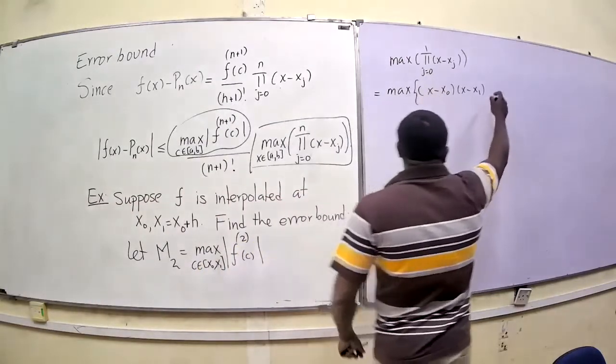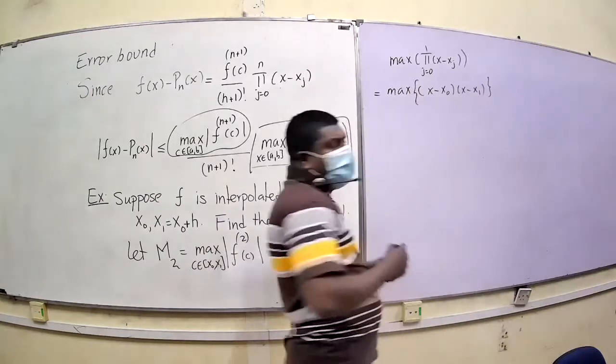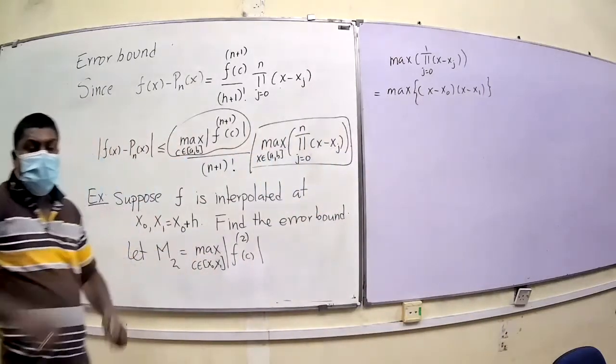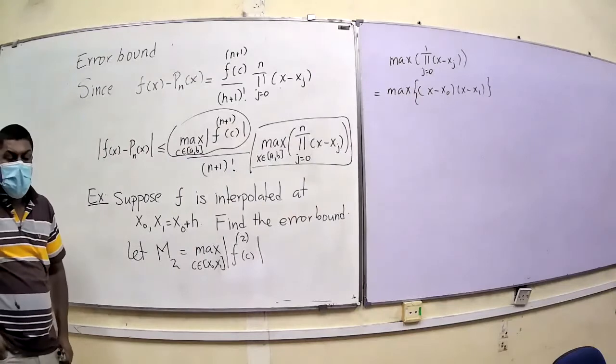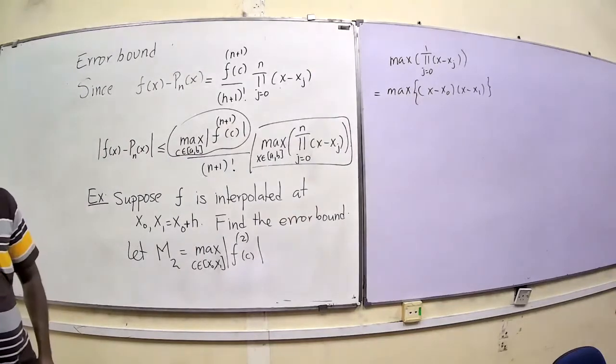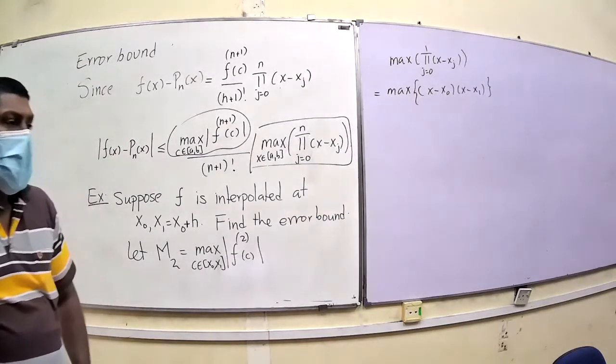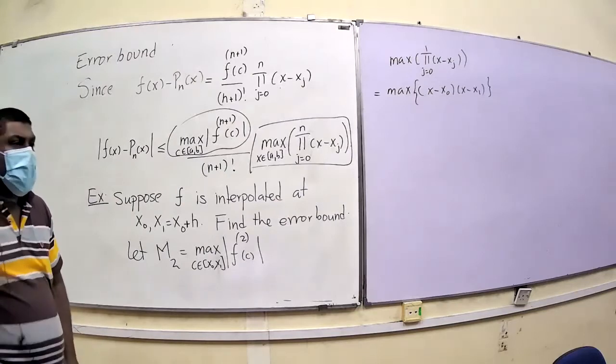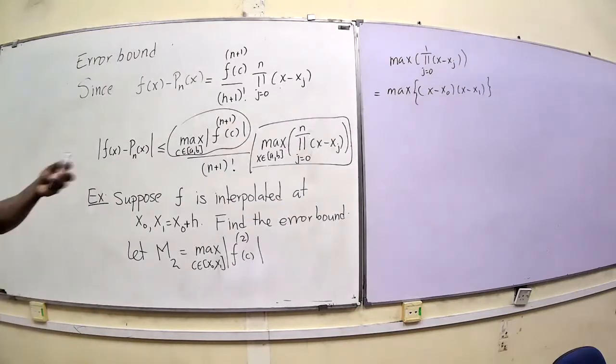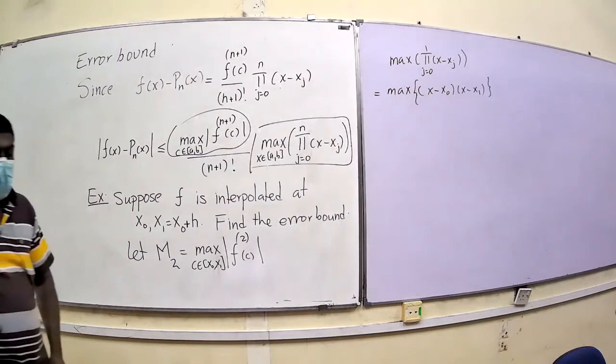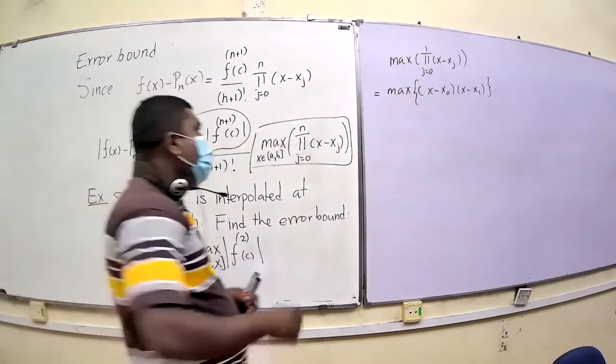So there are many ways to do this. This is a quadratic equation, right? So you can find the maximum of the quadratic equation. You know the maximum happens at the endpoints or at the turning points, so we will look for the turning point.